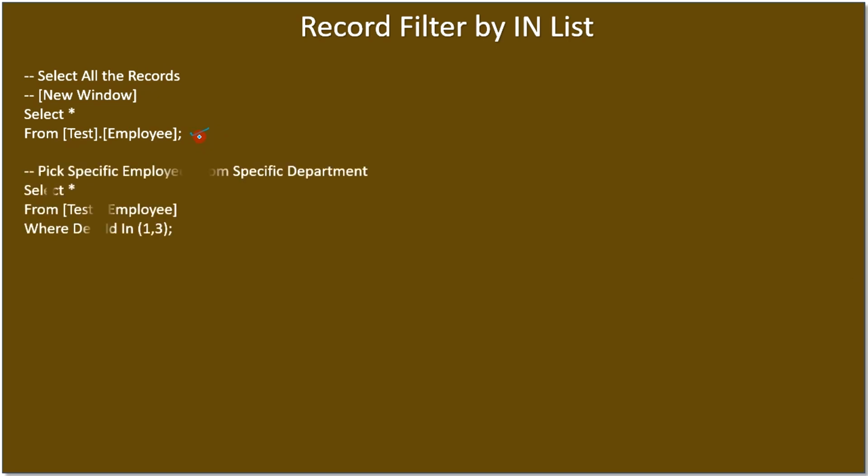So we select all employees. Then here, if you see, department ID IN, this is the operator we are using, IN, and this is the value list which is separated by comma. So what we are stating is SELECT star. Star means here we don't apply any column filter. We are asking to select all the columns from table employee, and in the record selection condition we are stating department ID should be